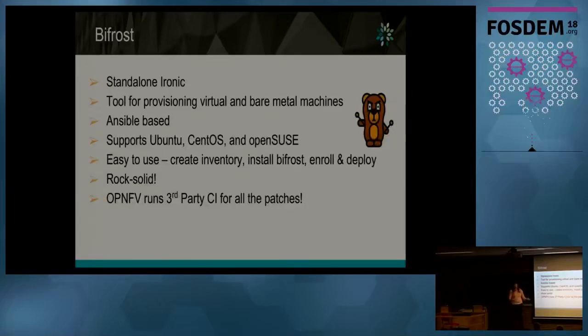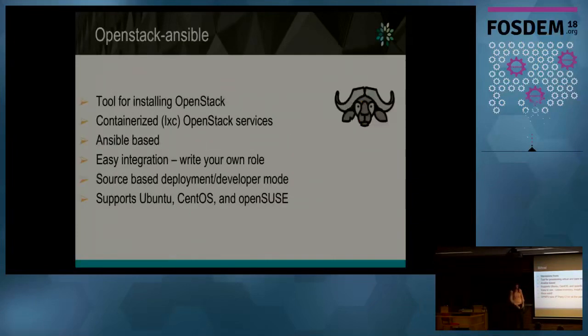I mean, it has been used in all OpenStack distros, so all OpenStack that are using bare metal are mostly using Ironic. And we are running third-party CI tests on it. It means that all the changes that go on Bifrost, which is an OpenStack project, are gated also against our OPNFV testing. So we validate that any changes in Bifrost are not breaking the OPNFV CI setup, so it's really good for that. We can trust Bifrost.